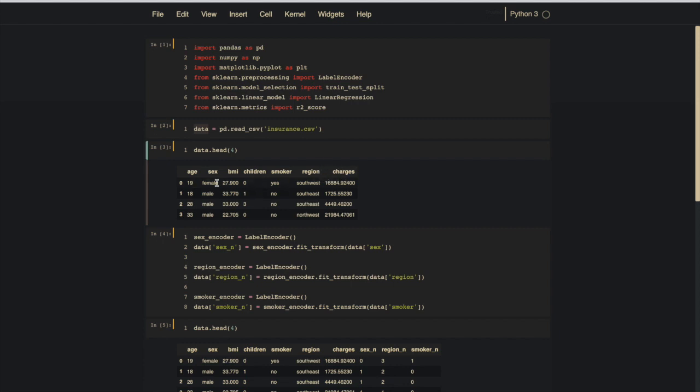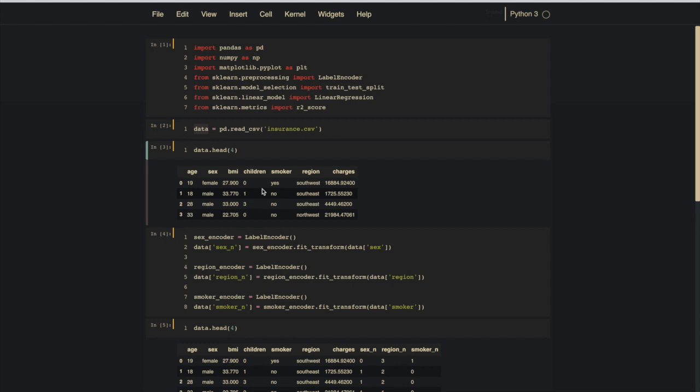If you see, we have three variables which we call categorical variables, which are not numerical. One thing you should know before implementing any model is that models cannot take categorical variables as input, so we have to convert them into something numerical.